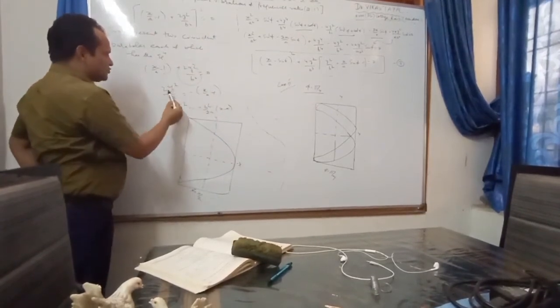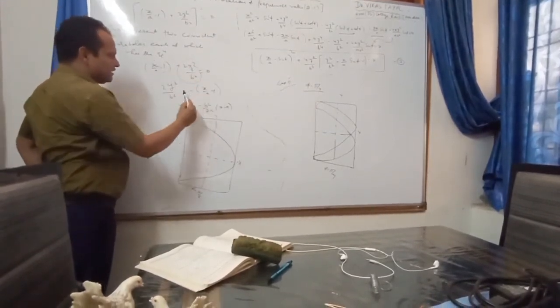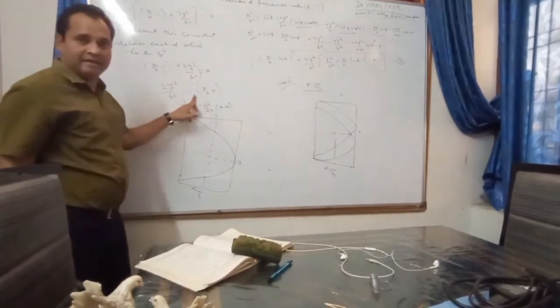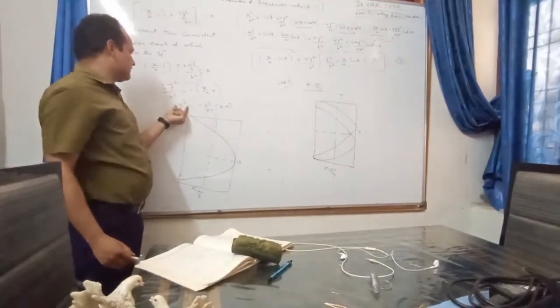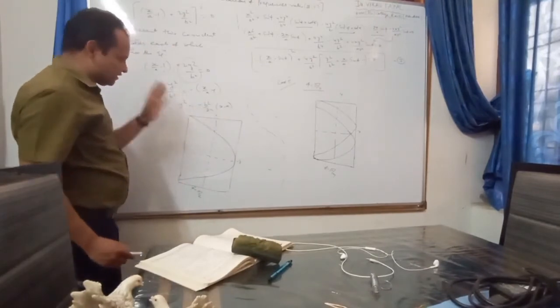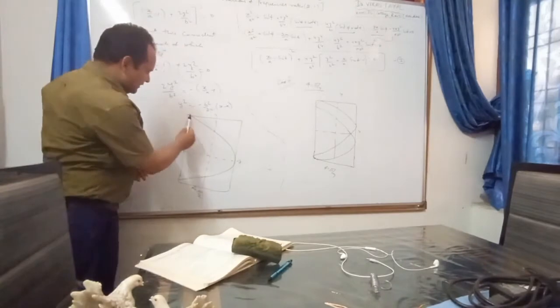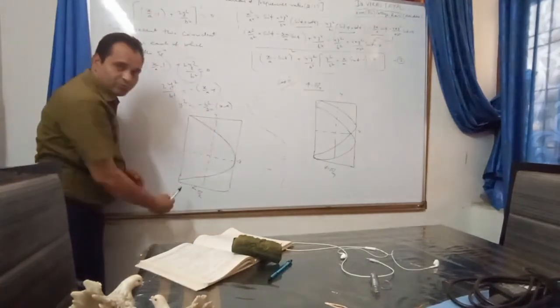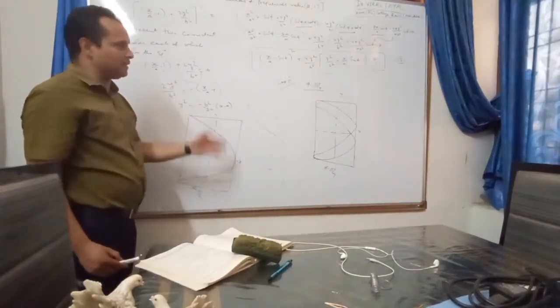Again this equation has 2y square upon b square. This will be taken to the right hand side and it becomes minus x upon a minus 1. Then y square is equal to b square upon 2a, this one. So this is again the equation of a parabola, and the figure will be like this. So this is the path traveled by the particle.